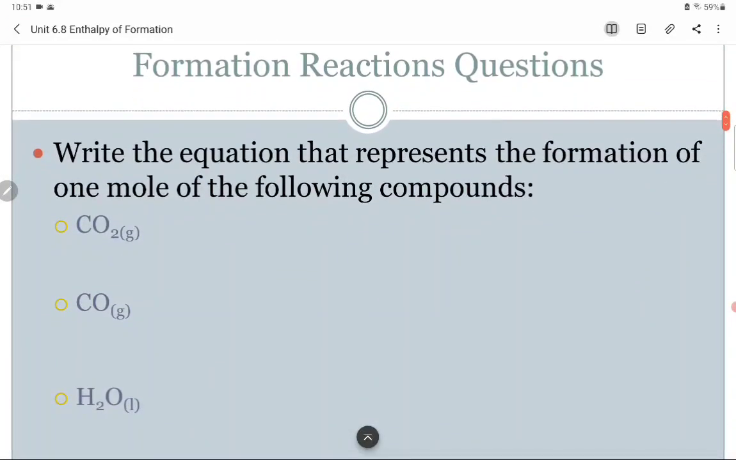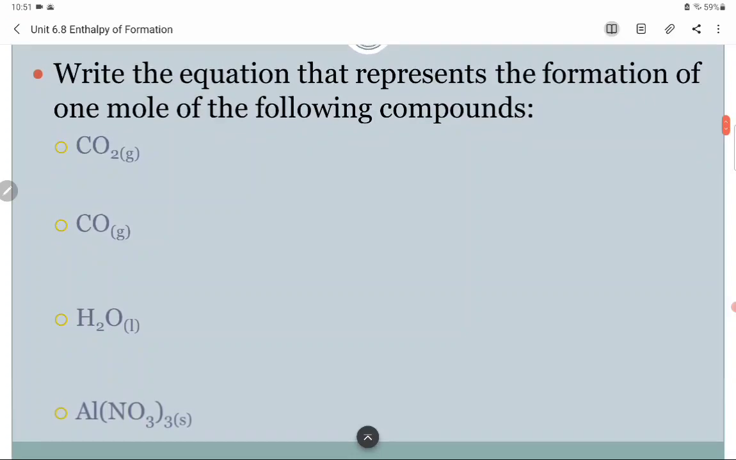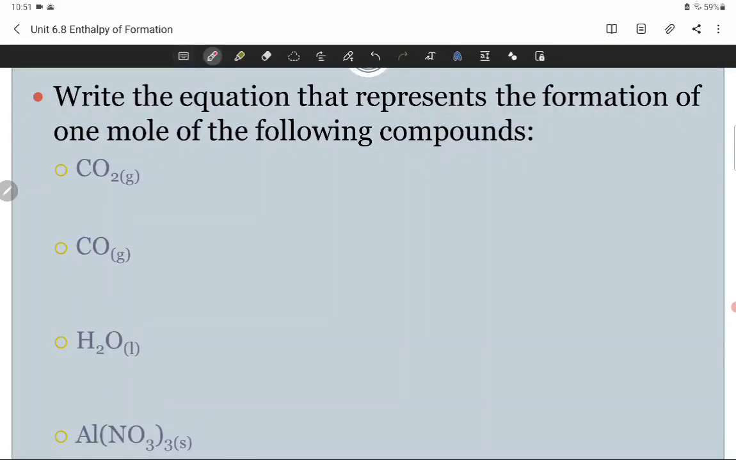So we'll give a couple of these. Actually, I think if we just give one of these a shot, it's going to be pretty self-explanatory about the rest of these. So let's do the more difficult one here, aluminum nitrate. So if we were going to form aluminum nitrate,